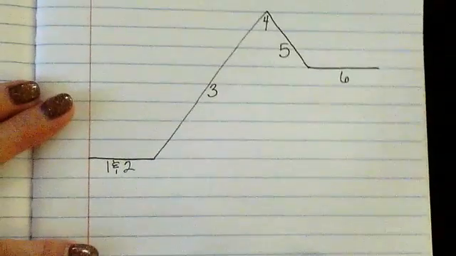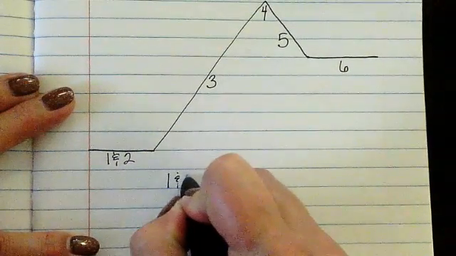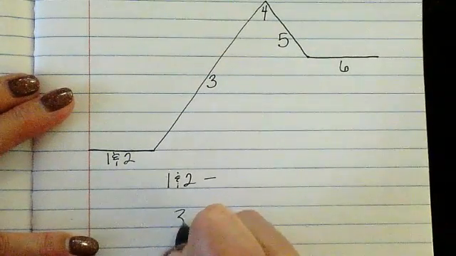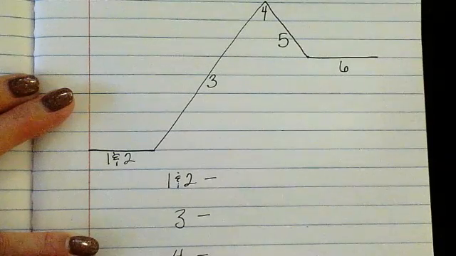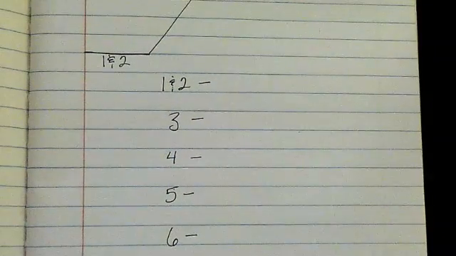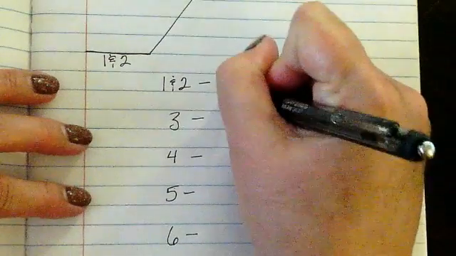So on my page, I'm going to go 1 and 2, and then draw a line. And I'm going to skip 3, 4, 5, 6. And I'm going to tell you what all of these things are. Here, let me get you all of those. 1, 2, 3, 4, 5, and 6. So 1 and 2 are the